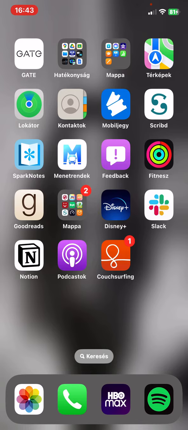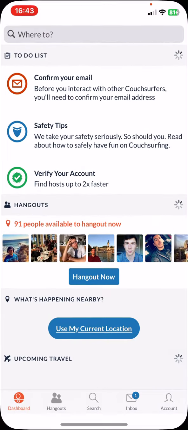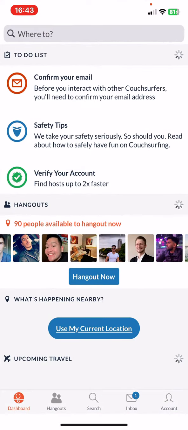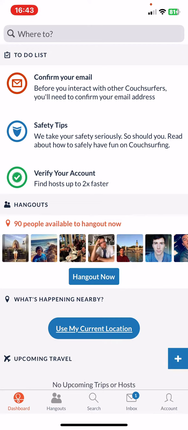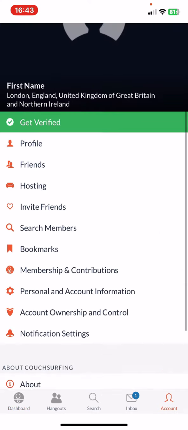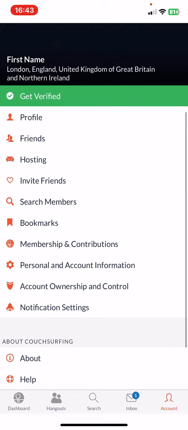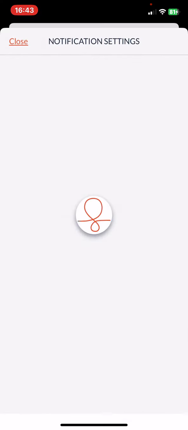Let's jump into it. First of all, open the application on your phone and then click on the account button at the bottom of the page on the right, and then scroll down and click on the notification settings button,